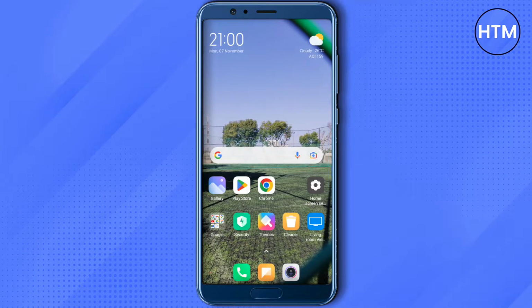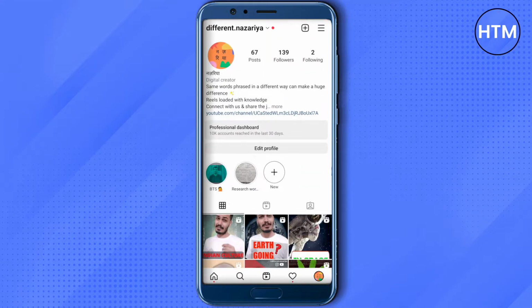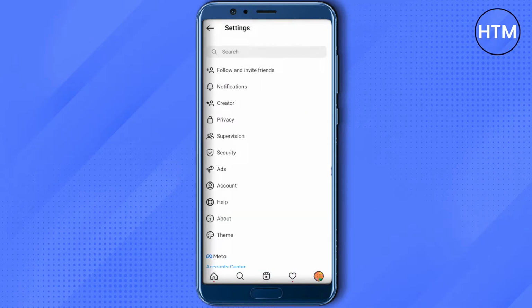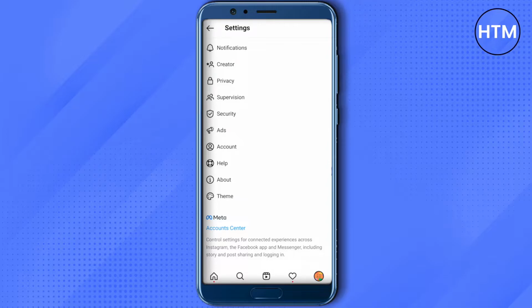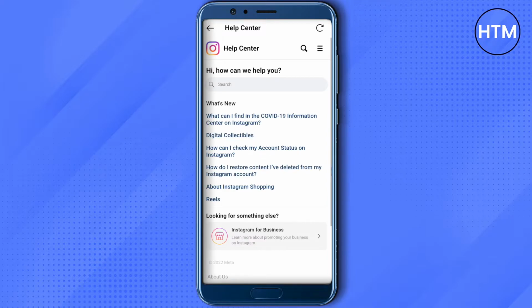So for that, open up your Instagram account, and after that click on the three lines on top right corner, then click on settings, and here you will see this option of help. Just click on it. Then you will see this option of help center, then click on it,